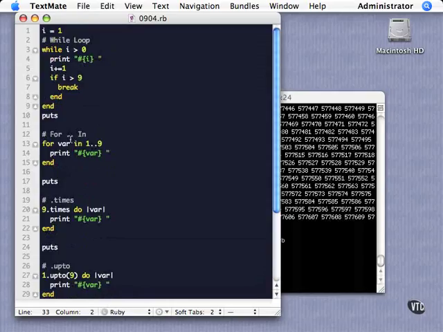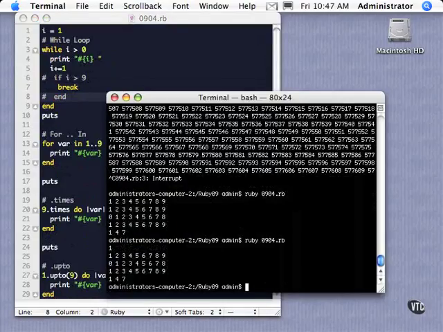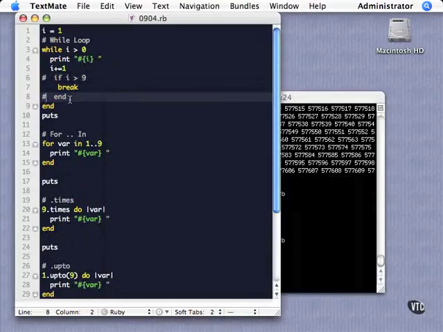Now, one quick thing on the break. The break just knocks us outside of a loop. It doesn't have any kind of conditional thing. If I comment this out real quick here and run this, it's just going to do one loop. Because I set it to 1, it prints it out, well, it adds 1 to it, but we're not going to print it again, and then it hits that break and exits out of this loop here. So that's what the break does. It just kills the immediate loop and gets you out of there. So that's a little bit about looping expressions in